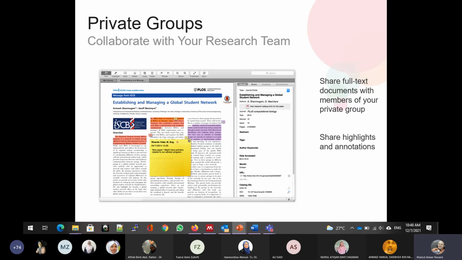So for the private group, you can collaborate with your research team. It is useful if you are collaborating with an international author as well, for example from the UK. It's convenient to do this discussion within a Mendeley private group, because you can share a full text document with your members, and you can highlight and do annotations within your